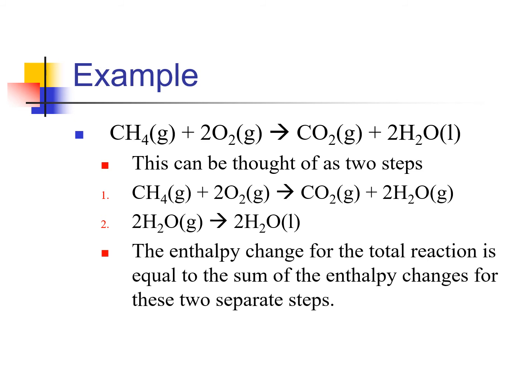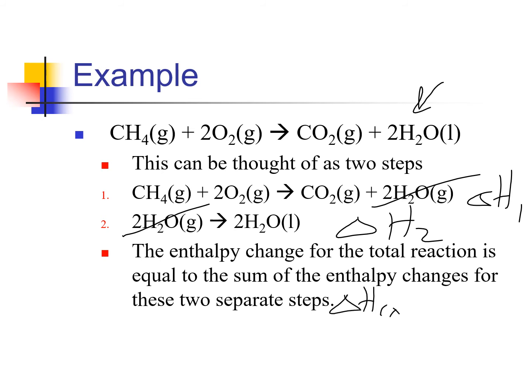Now, if I add these two equations together, I can see 2 moles of gaseous water, 2 moles of gaseous water. They add up to the target equation I see here. That means if I knew the delta H for the first reaction and the delta H for the second reaction, then the enthalpy change total